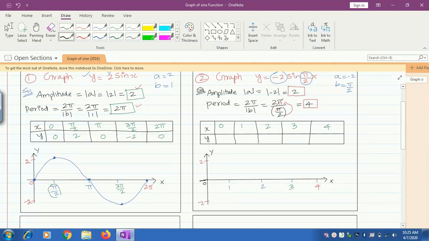Now what should be the points here? If I substitute the x value 0 here, we get 0. The next value, if I substitute 1 here, what will we get? It is sine pi over 2, which is sine 90, which is 1, times minus 2. So I got the value equal to minus 2. Just 2 points is enough to know the behavior of the graph. Then it goes to 0, the next one it goes to 2, the next one it goes to minus 1. So this is the graph of